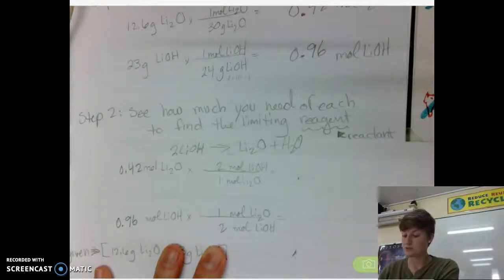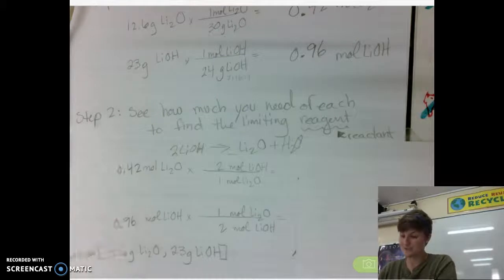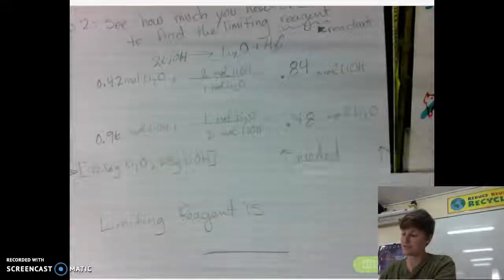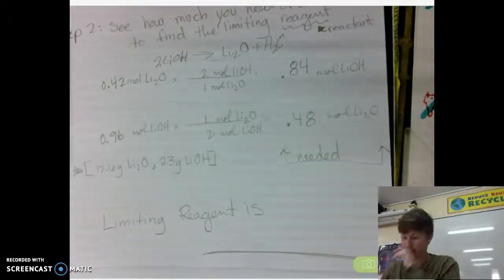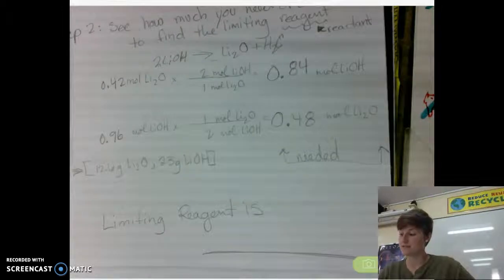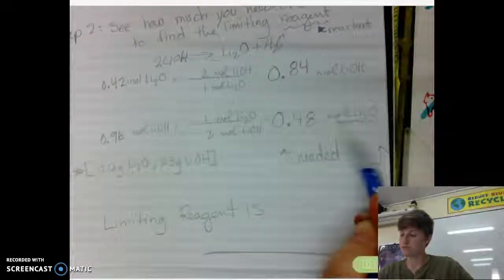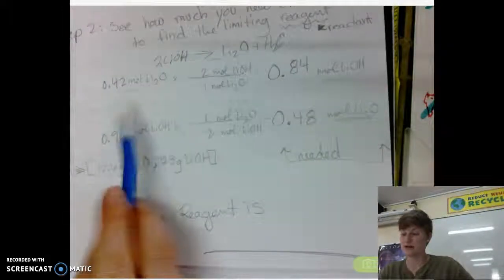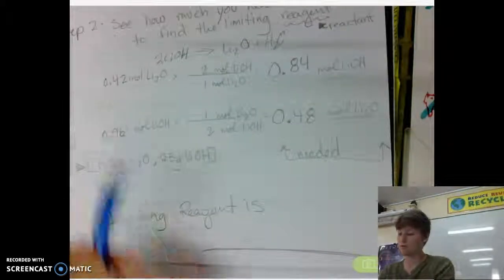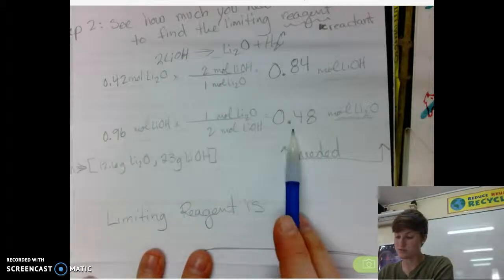And then you solve those, and I'll lift it up, and you should get these 2 numbers. Okay, so you have 0.84 and 0.48, and these are moles of these. So if these are the moles that we have, and this is what we need, so I have 0.42 moles, okay, is that we can even